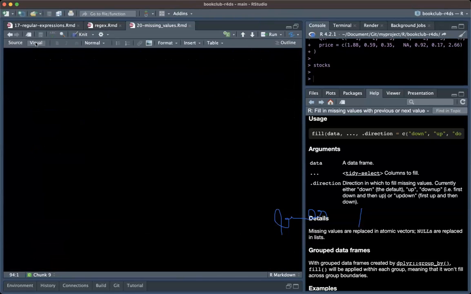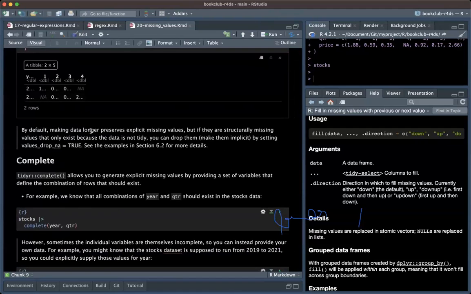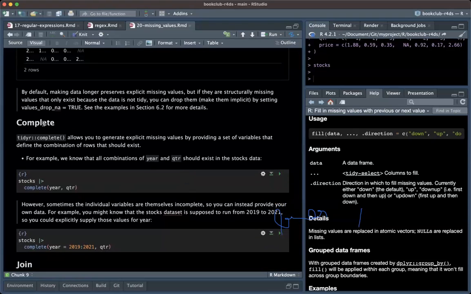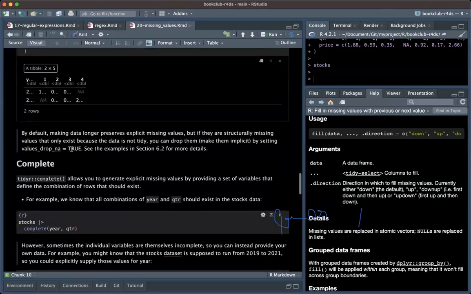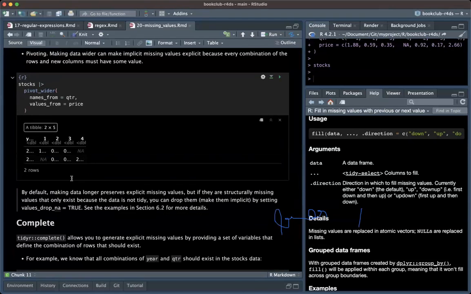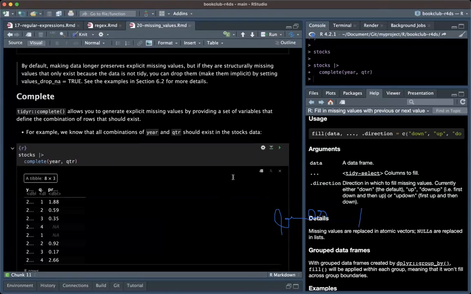So if we look at this, how can we deal with it? By default, making data longer preserves explicit missing values, but if they are structurally missing values that only exist because the data is not tidy, you can drop them. So let's look at how to deal with this. They have a function called complete. Let's look at what happens. We take the same stocks data, and now we run this complete. We give it these two columns, the year and the quarter. Now when we run this,